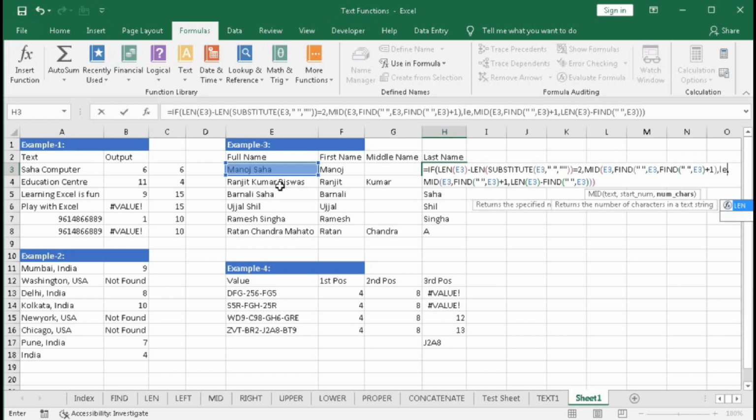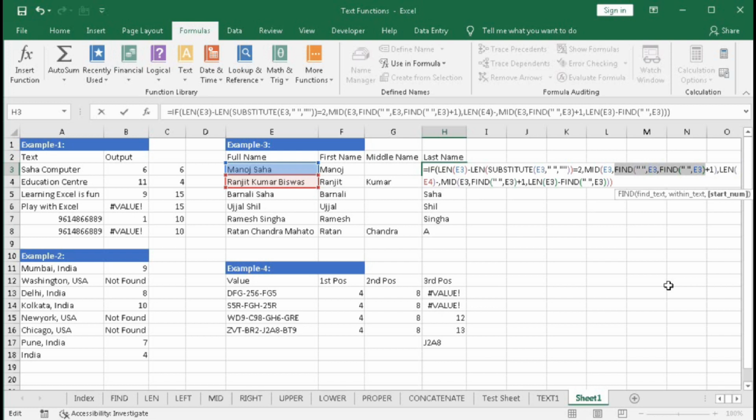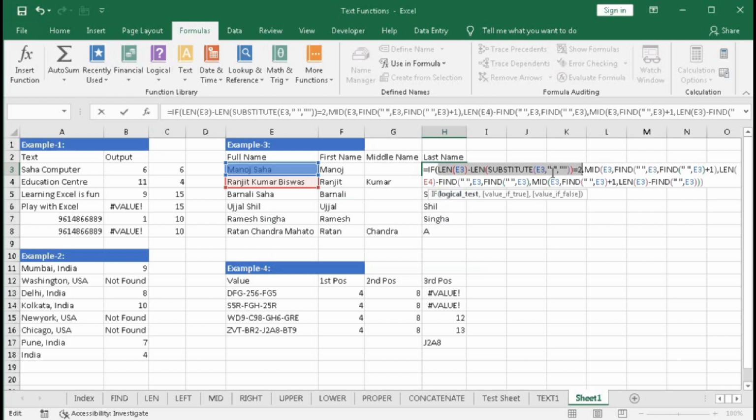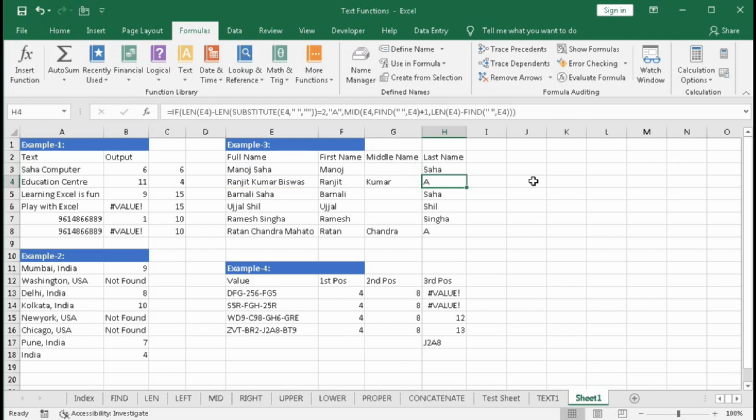So here LEN this cell minus FIND, or you may copy this for this one, copy it and paste it here. Now press enter. Okay, let's see the logical test, this one. So here we have to put another bracket. Now enter. Now drag this.